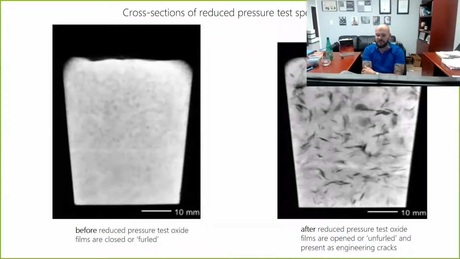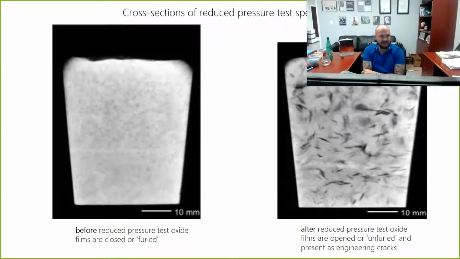The one on the left was poured in the test cup and allowed to solidify on the test bench under atmospheric pressure. And the one on the right solidified under the vacuum. The one on the left, as you can see, has furled or compacted oxide films. They just haven't had a chance to open up, but you can see that they're there as clear as day. The one on the right, which solidified under a vacuum, which now allows the gases to diffuse into the oxide films, has a pressure drop when the skin forms and allows the oxide films to unfurl. You can see that as clear as day, those crumpled up oxide films just opening up and unfurling, right?